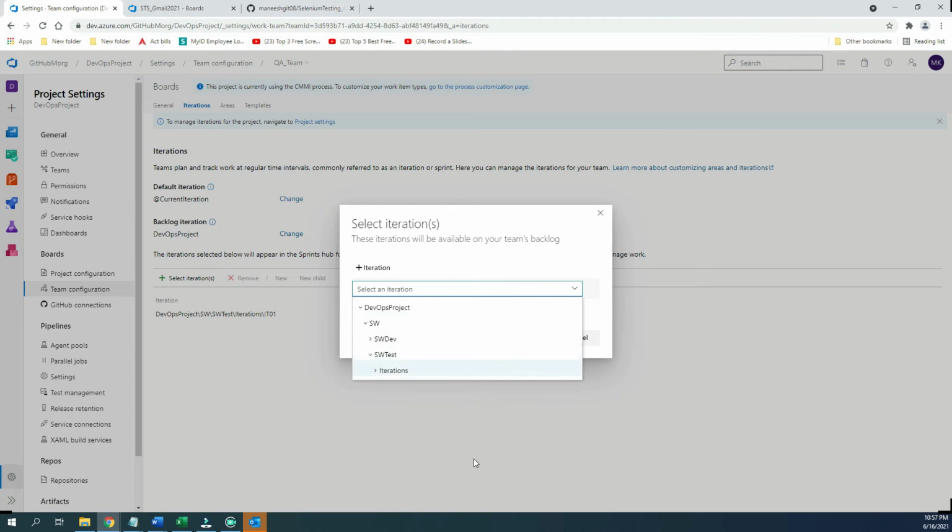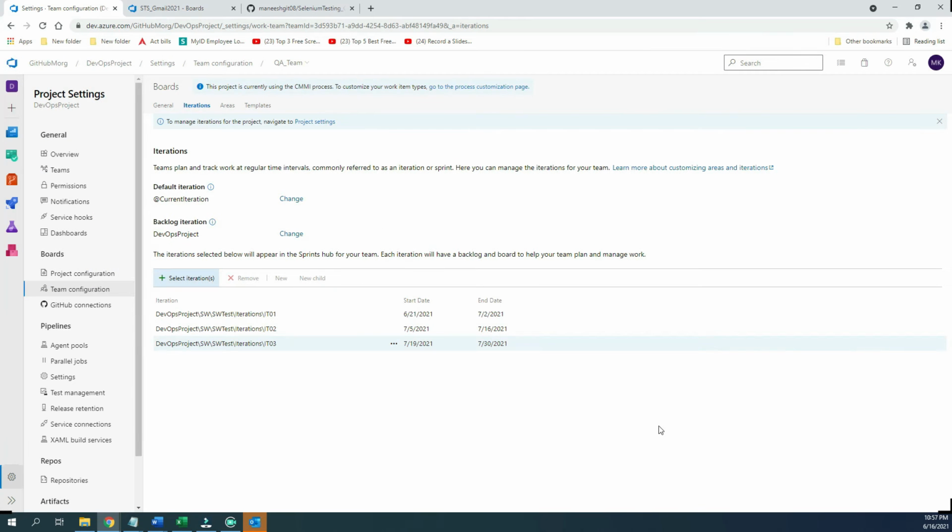I'm just adding some of the iteration things here for the testing team iterations. Similarly, we can add it for the development team as well. So this is what we can do in the project settings, in the team configuration area. We have to select the iterations as well.